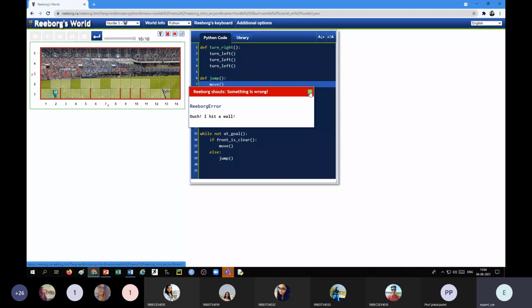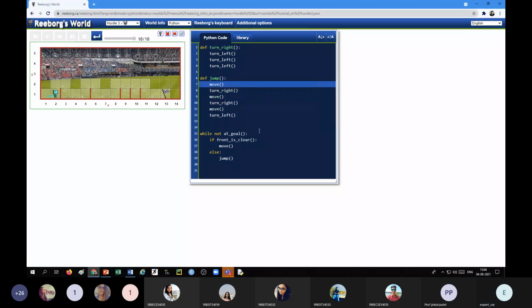So before this, I have to move. This move is additional. That you have to turn right. Then left. Move. Then turn right, right. Okay. Let us see this.